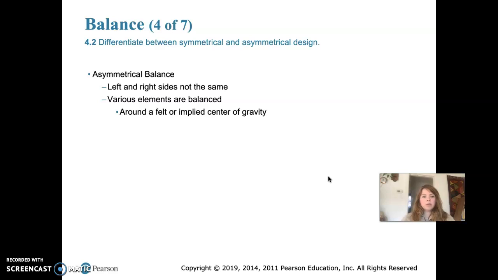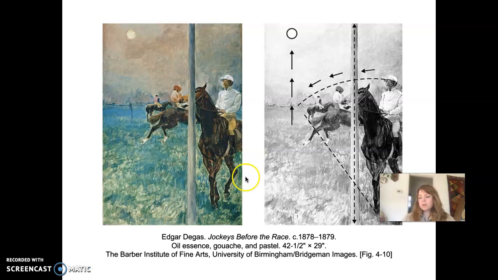So we're going to talk about asymmetrical balance. Left and right sides are not the same, but yet the visual elements within an asymmetrical piece can still be balanced. So we'll take a look at this piece here by Edgar Degas, Jockeys Before the Race, 1878 through 1879. It's oil,